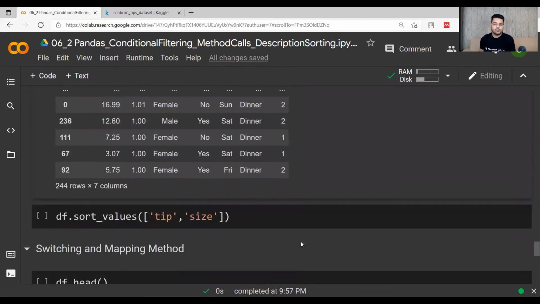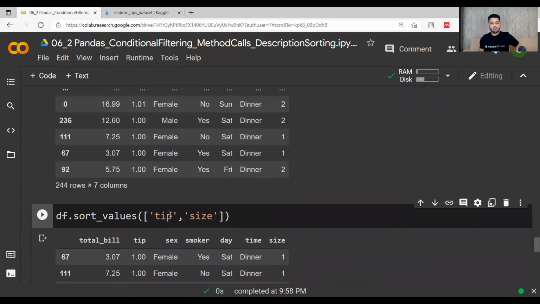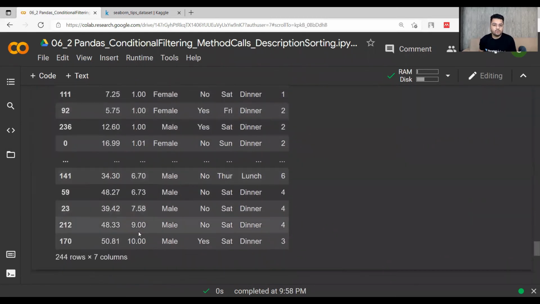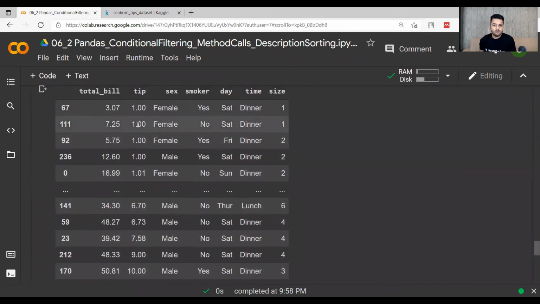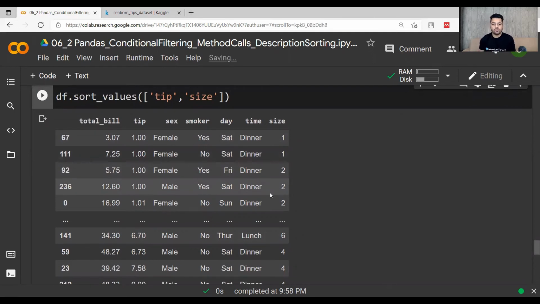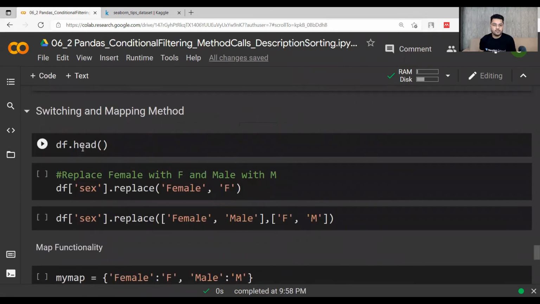So let's do it in an ascending manner, doesn't matter, but still it will be done for both the columns. First the tip will be sorted, from 1 to 10, over the 244 rows, and then the size is also being sorted. So 1122 is there instead of 2112 now. So this is a way to sort your data even with multiple columns. Now let's talk about the switching and mapping method.